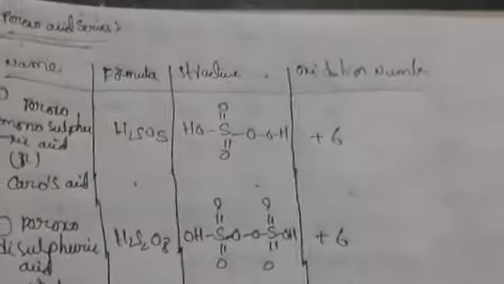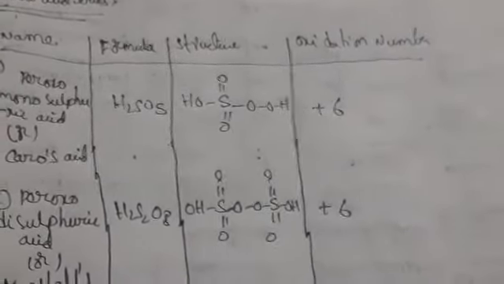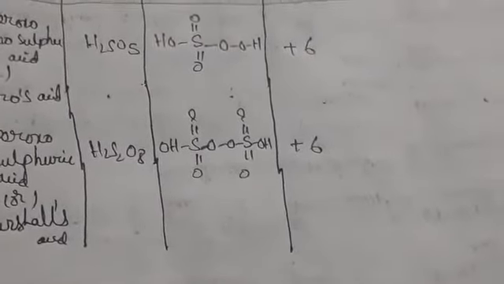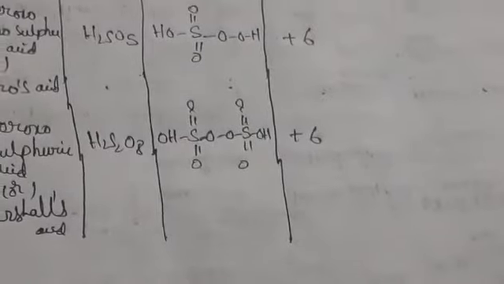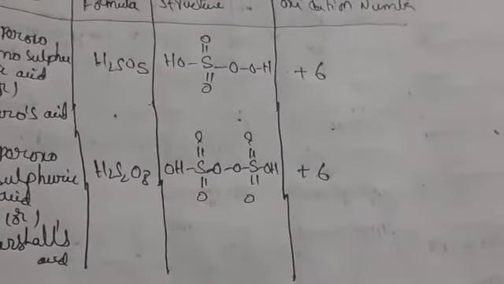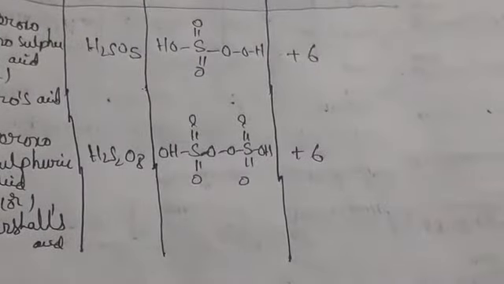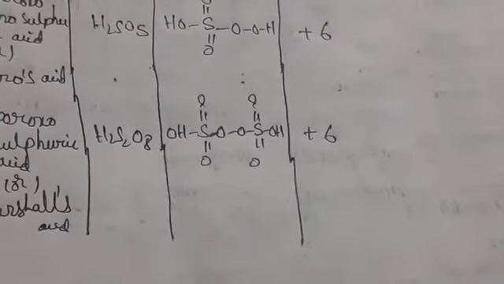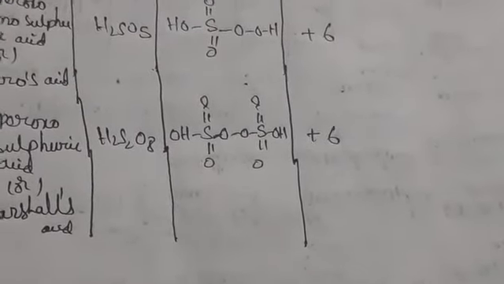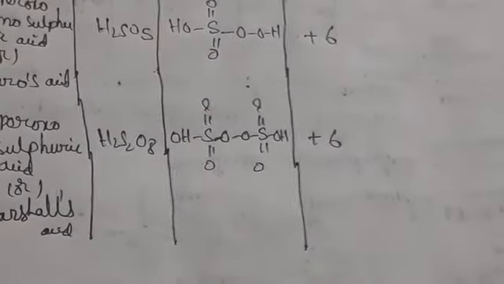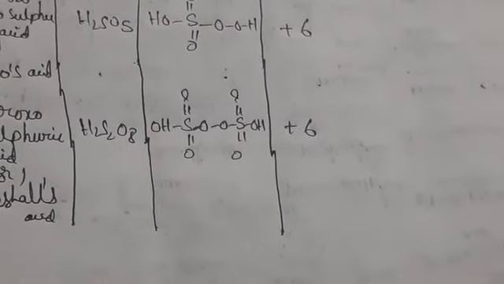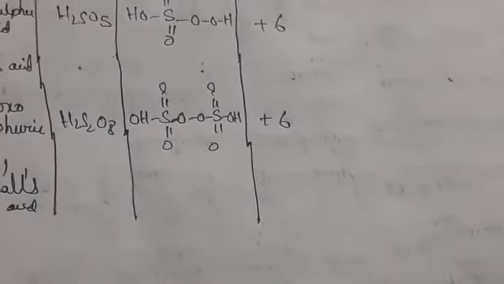Okay, so this is nothing but the 4 types of series we have discussed. What is the first series? Sulfurous acid, next one sulfuric acid, next one thionic acid, next one peroxo acid series. So this is nothing but here oxy acids of the sulfur. So generally when you take sulfur, it is having sp3 hybridization only, that is SO3 2-, SO4 2-, S2O3 2-, S2O4 2-. These all are going to have the sp3 hybridization only. So if you take SO2 also, that is having sp3, SO3 also having sp3 hybridization. So this is nothing but